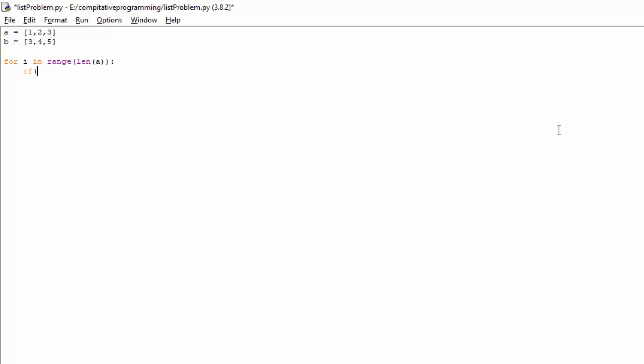So here use this a of I, index at, let's say I value is 1. So a of 1 I can get. In a similar way I can get b of 1. Okay, so that means b of I. Now if a of I more than b of I, so to do that I am using if here. If a of I more than b of I, what you need to do, you need to compare that.